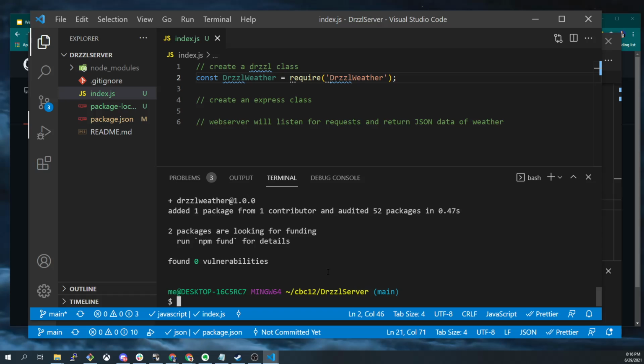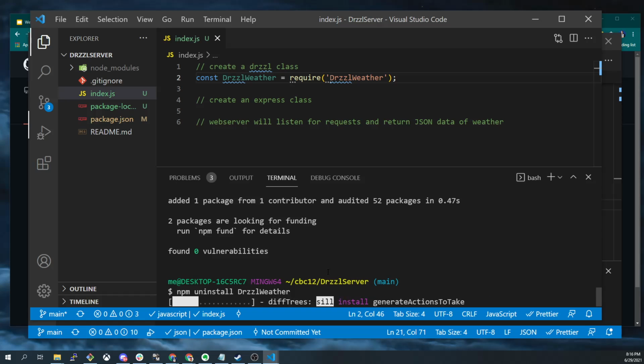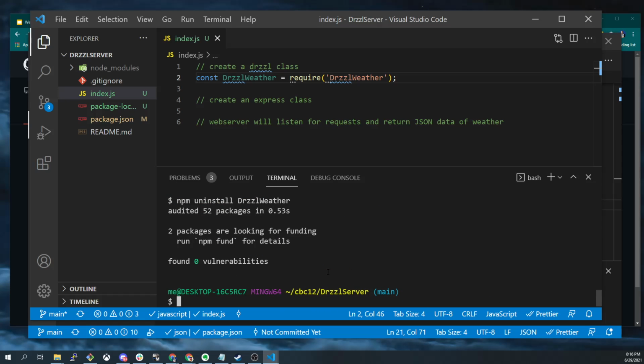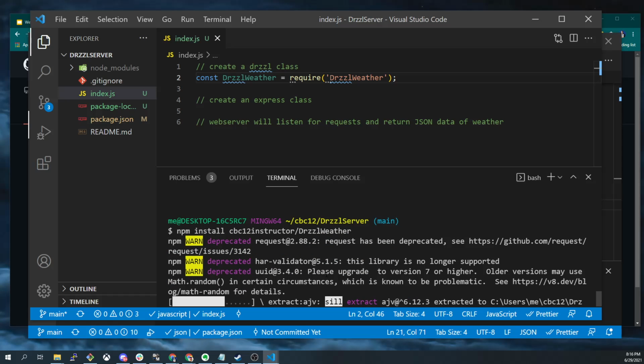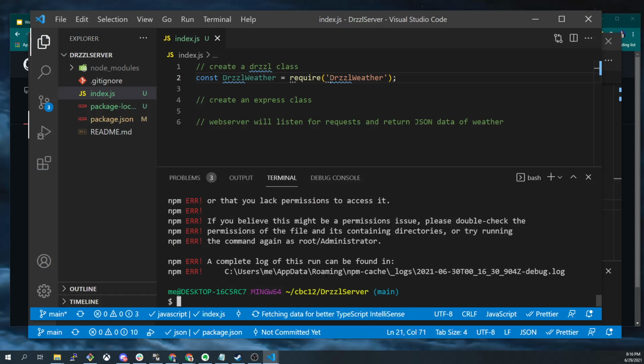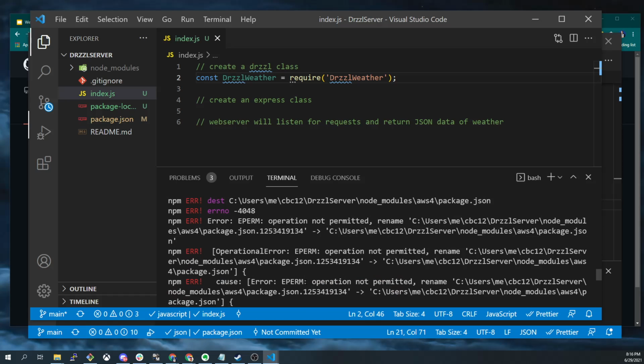So let's uninstall that way. We'll do npm uninstall drizzle weather. Great. And then we'll do npm install CBC 12 instructor / drizzle weather. And now it's being installed from our GitHub. So we can use GitHub as kind of like our single point of